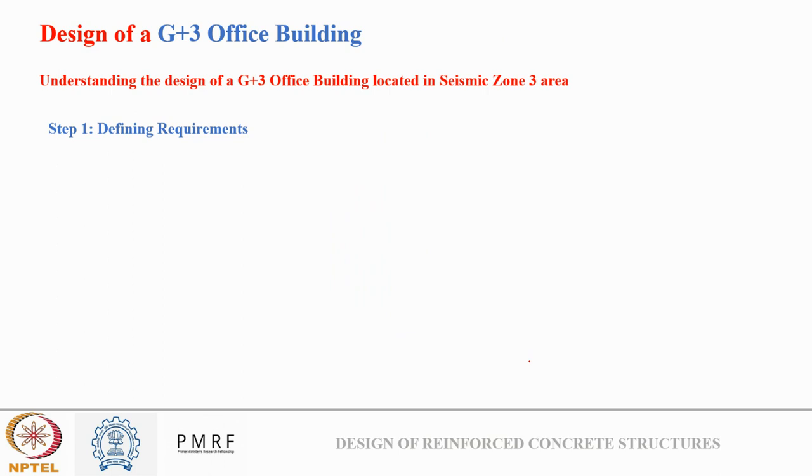Now we'll try to implement these things in a question. So what is the problem? I won't be doing all the numerical calculation, but I will just provide you a basic guideline: when we talk about an RC building, how the thinking is developed behind designing that building. How we first decide what the requirements are, then how we prepare the skeleton, how we collect the basic data